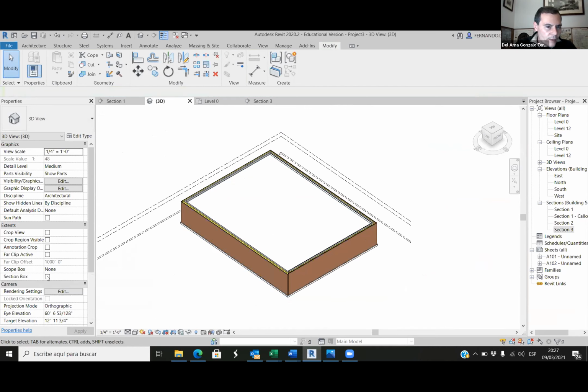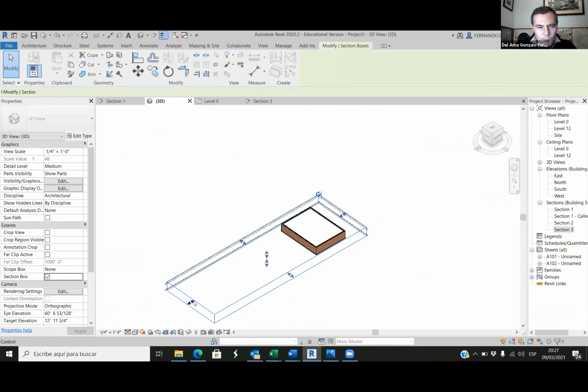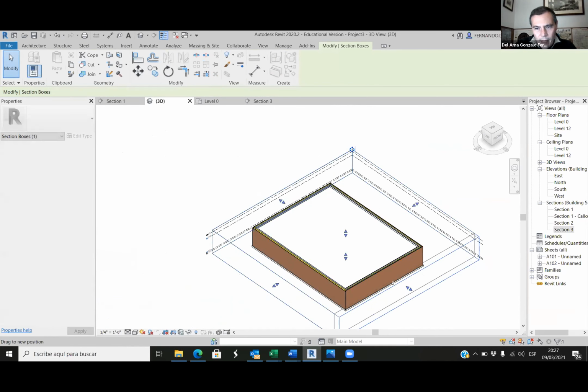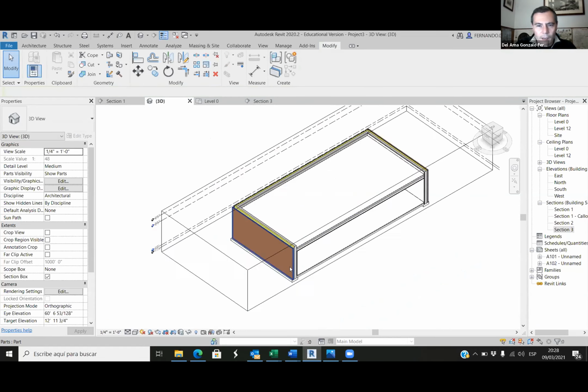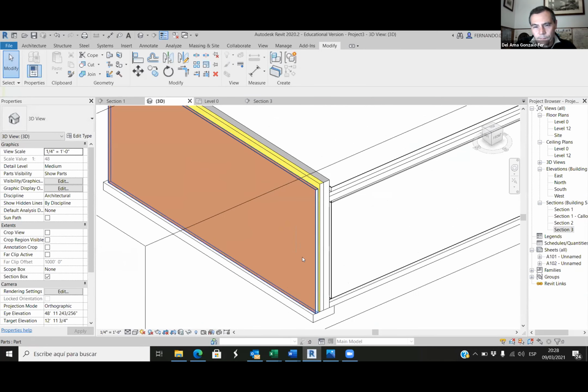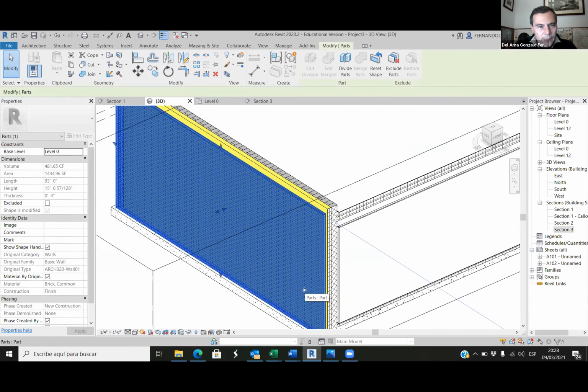We can work with a section box, and this section box, we can drag this section box here, and we have different materials because we have different layers. And since we can control each layer,